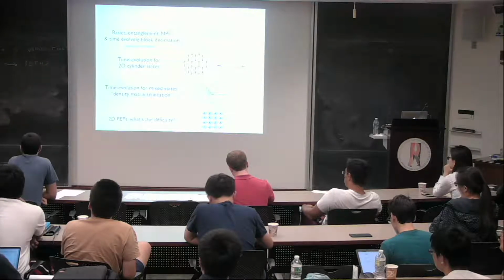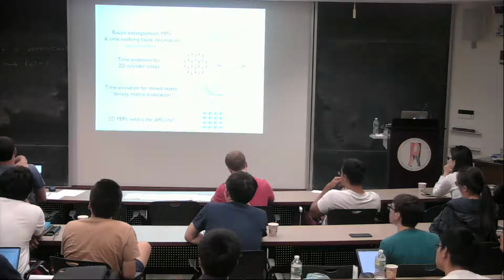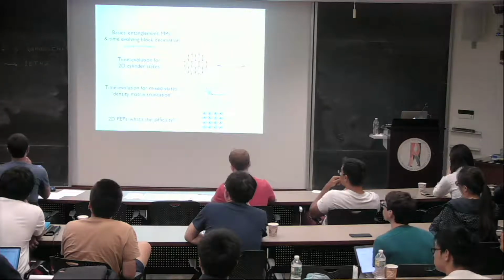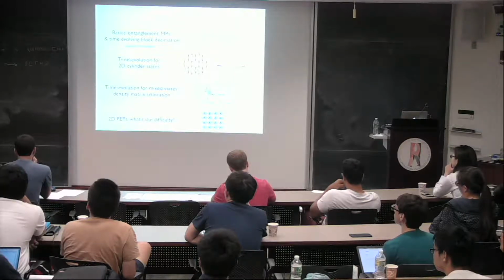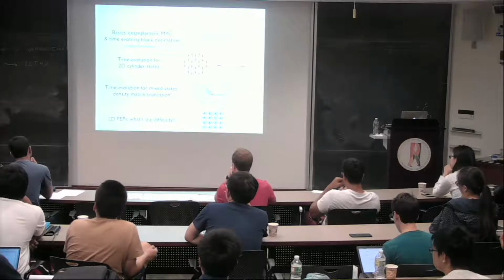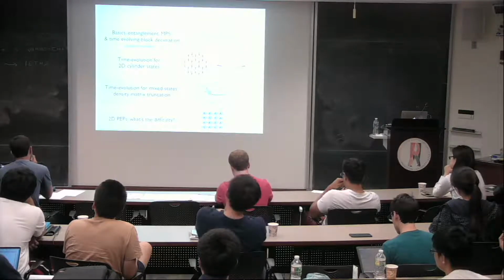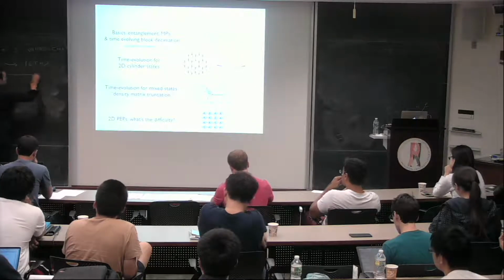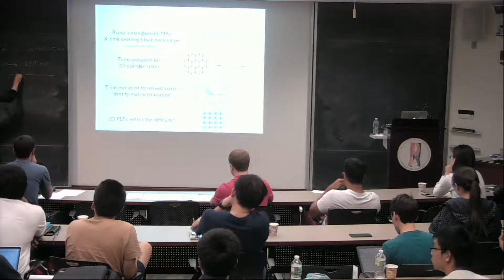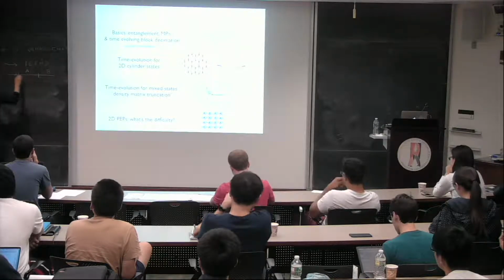If you assume there's eigenstate thermalization or the system's ergodic, at long times you'll still have a pure state, but if you look at any local observable, it will look like a thermal state. So in particular, let's figure out what that means about the entanglement at long times in this pure state. If I look at the system and cut out a region A and the complement B,